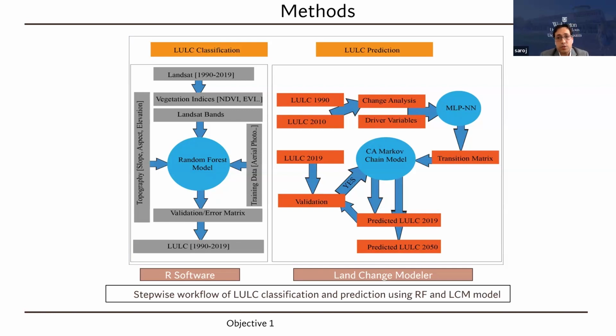And this was used to calculate the transition metrics. So what land changes to what categories between the years provided, 1990 and 2010. After that, I use a Markov chain model, which is